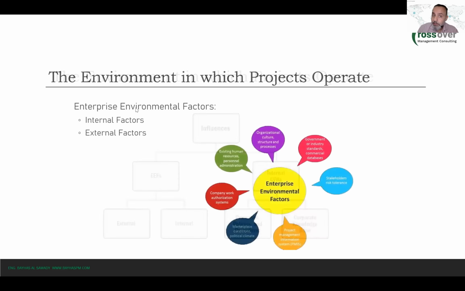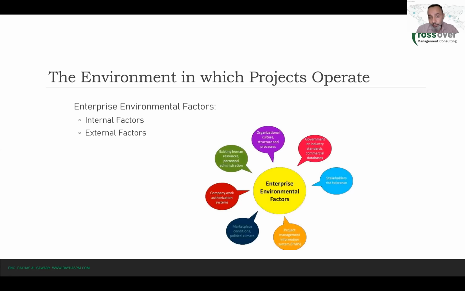The EEFs, again, the enterprise environmental factors, are the internal and external factors that influence the project, like the government or industry standards, like the stakeholders' risk tolerances, like the cultural structure of the company, like the existing human resources skills, like the company's authorization system, like the marketplace conditions, the systems, the PMIS, the project management information system, and so on. Any internal or external factor that influences your project